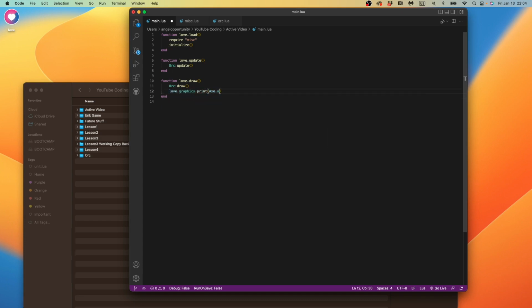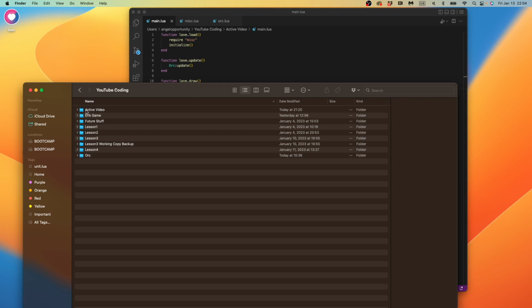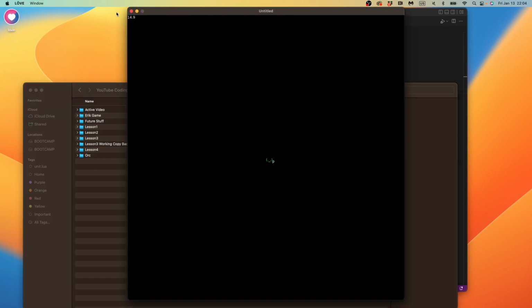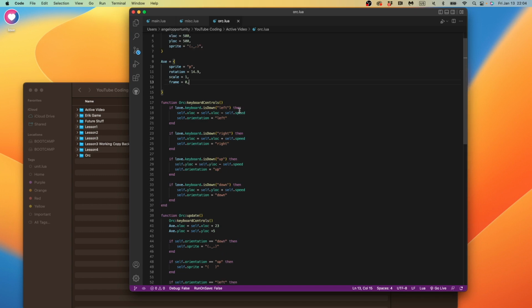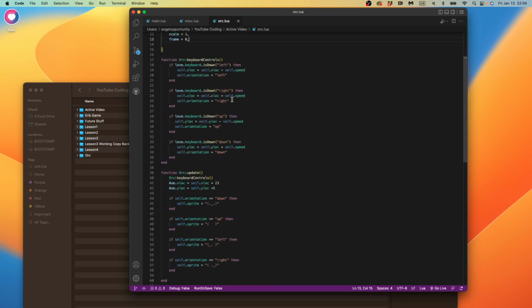Love.graphics.print ax.rotation. I want to know what the axe rotation is, which is what I'm trying to check here. So now it's telling me it's 14.9, which is what we set. And now I made a function. I just threw it into keyboard controls, I think. I said,